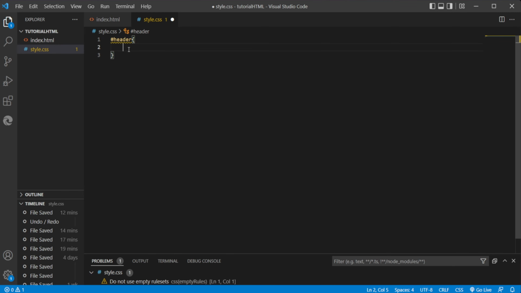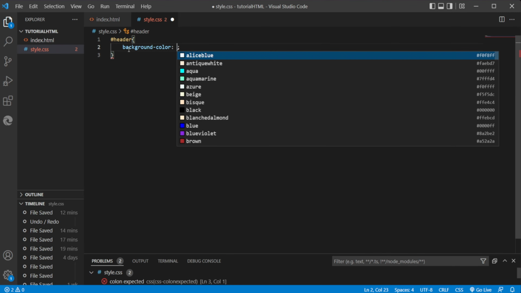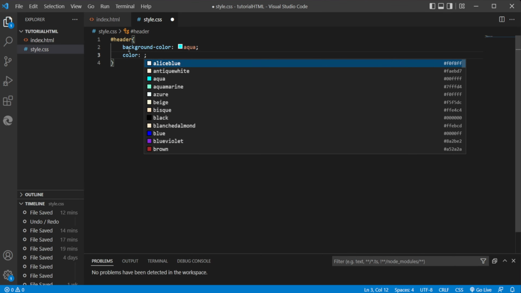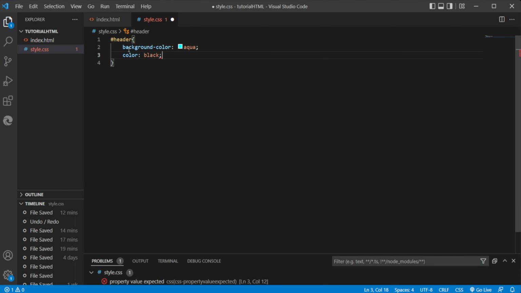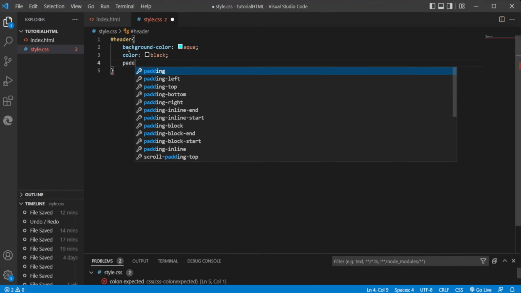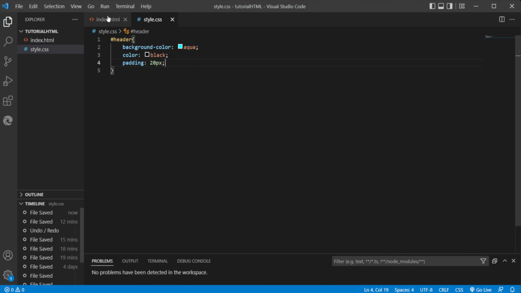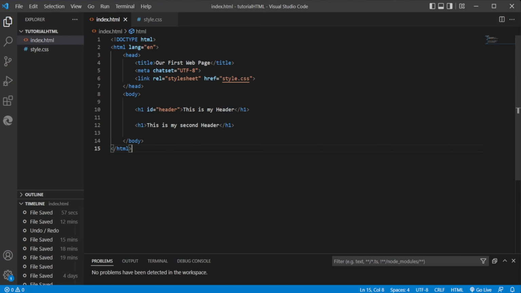So let's say we want to change our background color. We'll change it to, I don't know, what is a good color? Let's say aqua. Then we can change the color to black for the text. Padding, we can add a bit of padding, and let's say we just do 20 pixels. If we save that, now if we go to our page, to our website that we have, so here it is,